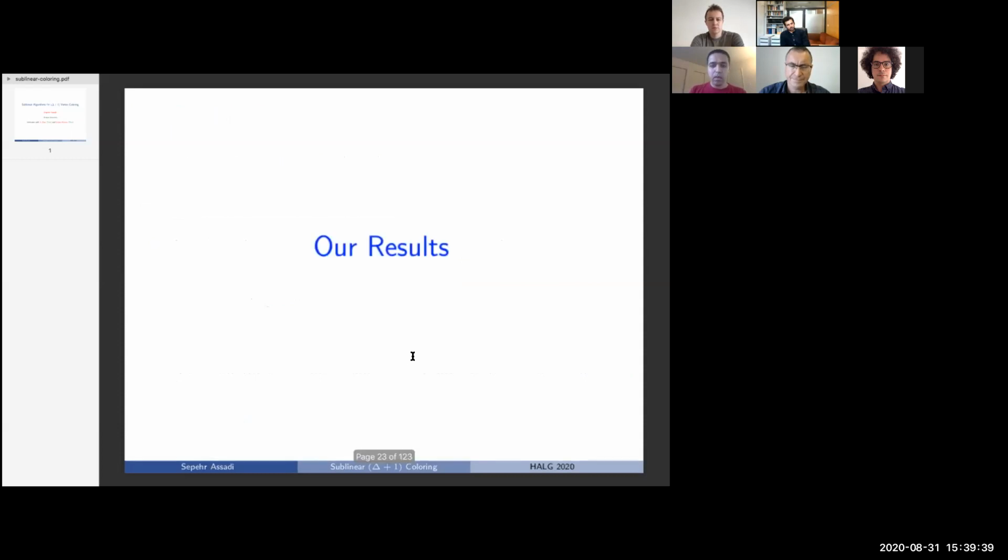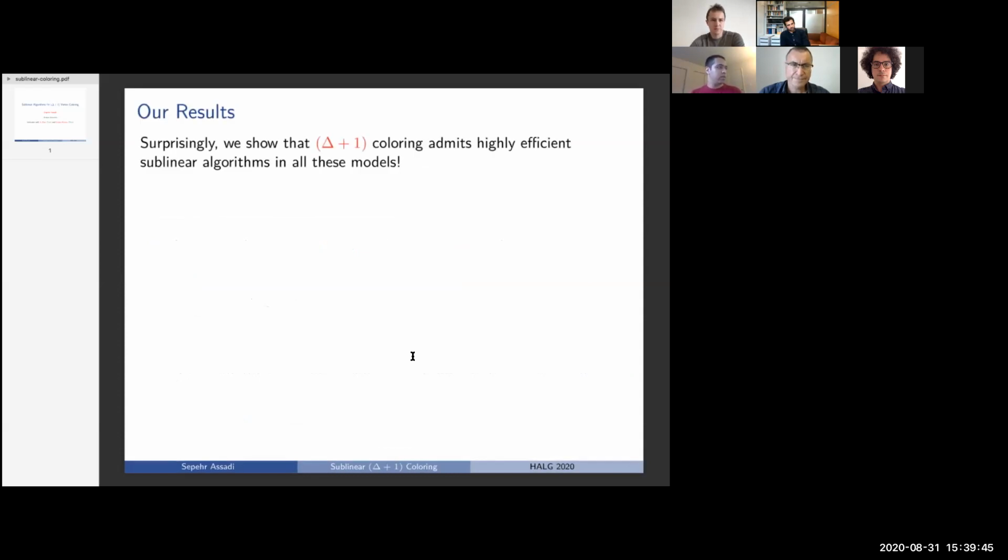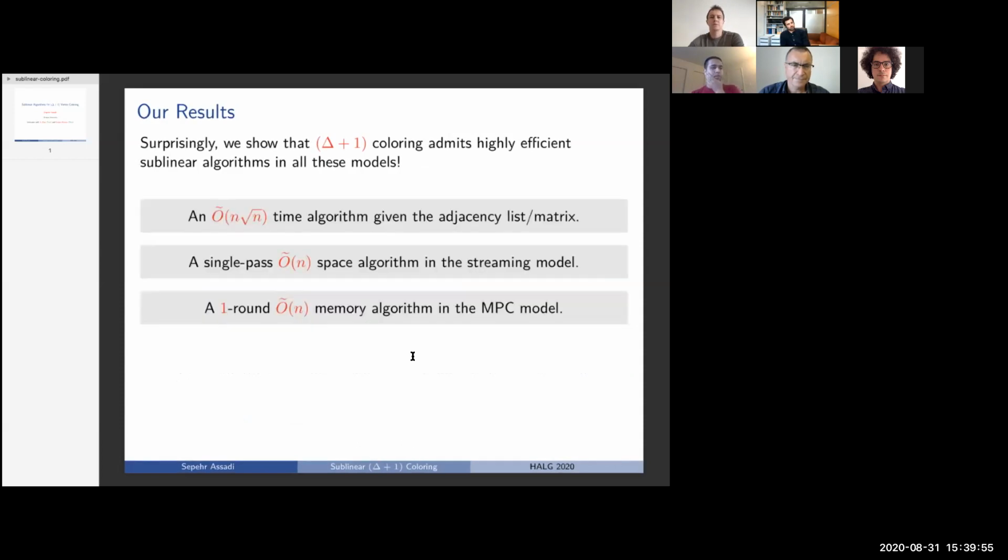With this in mind, let me tell you a result. Surprisingly, this bias was not true, and we were able to design efficient sublinear algorithms for delta+1 coloring in all of these models. For instance, we were able to give an algorithm that runs in n to the 3/2 time if you give it the adjacency list and matrix of the graph. For moderately dense graphs, this is even faster than reading the entire input. In the streaming model, we could give an algorithm that uses space O-tilde of n, proportional to the output size,